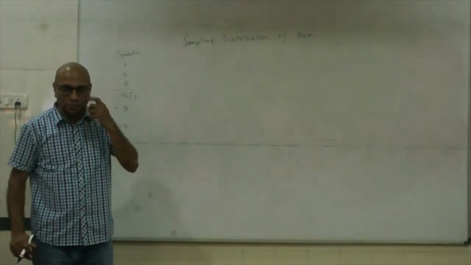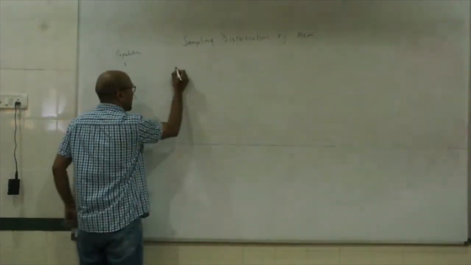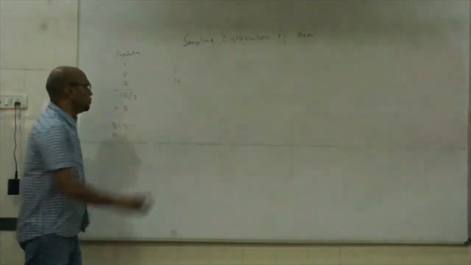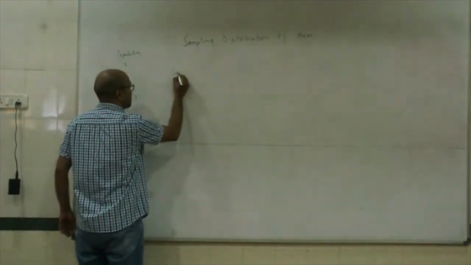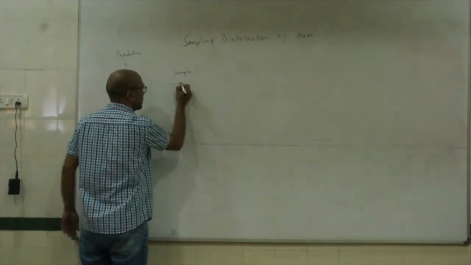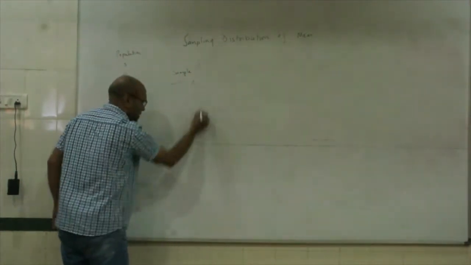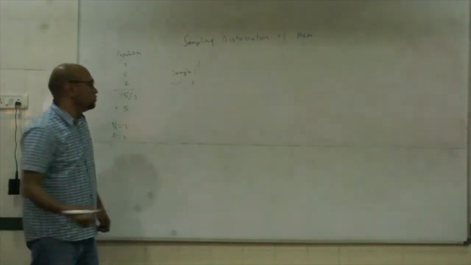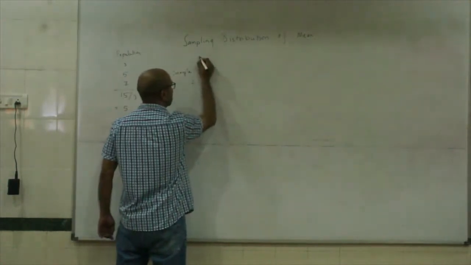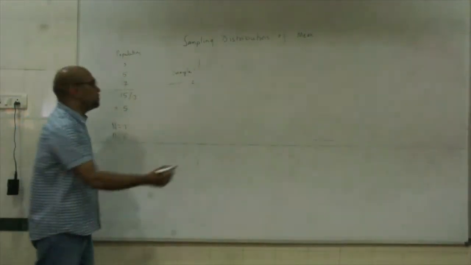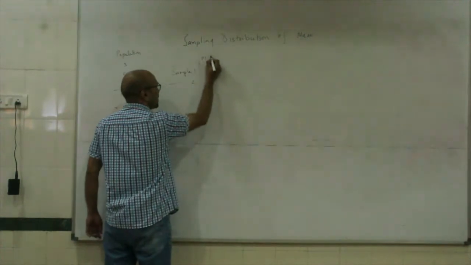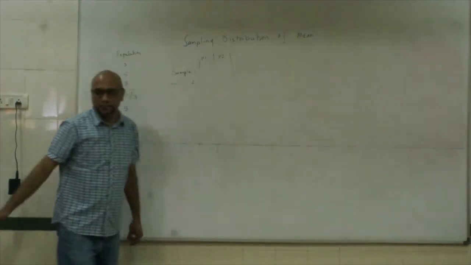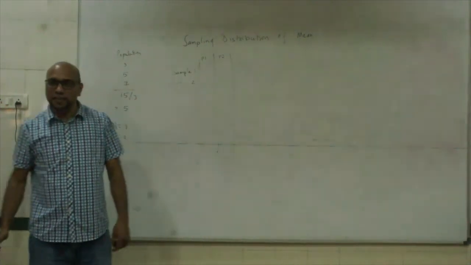So I take the first sample. I call these sample 1, sample 2, and so on, 2, 3, 4. These are my samples. I have the first value from the sample. I'm taking n equal to 2, right? So, say, participant 1's value and participant 2's value. I have these two values, and then I'll compute the mean.